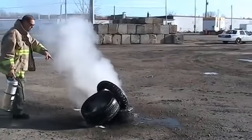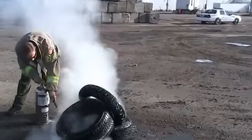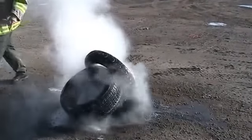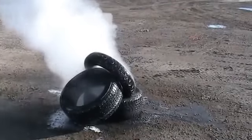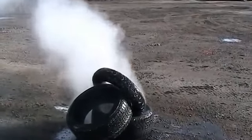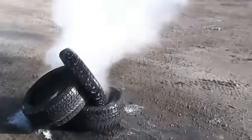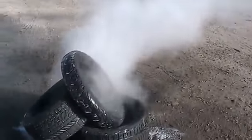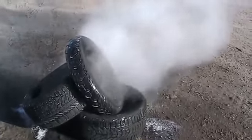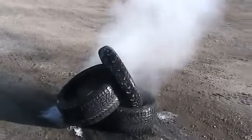We've still got some Class B fuel down here. I could have done that with one of our 13-ounce cans. From a fire department point of view, that thermal barrier that covers the fuel will now not allow it to reignite, but it also biodegrades. So if we had a larger spill,